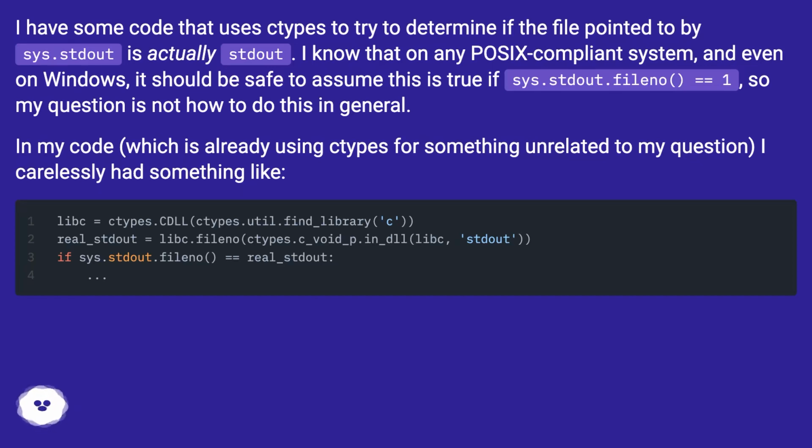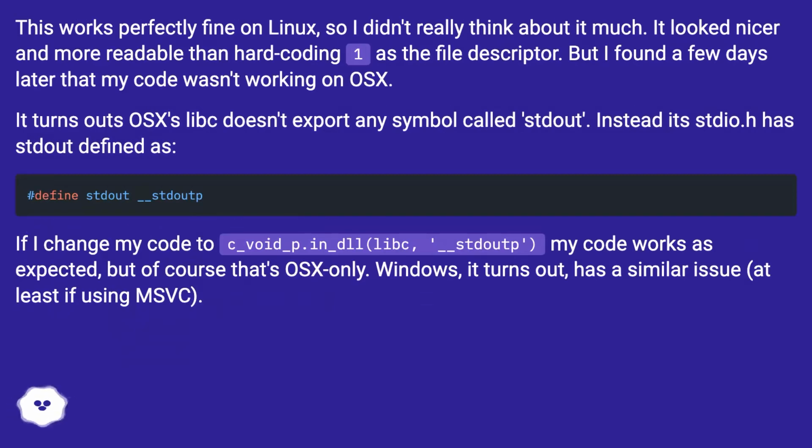So my question is not how to do this in general. In my code, which is already using ctypes for something unrelated to my question, I carelessly had something like this. It works perfectly fine on Linux, so I didn't really think about it much. It looked nicer and more readable than hard-coding one as the file descriptor. But I found a few days later that my code wasn't working on OS X. It turns out OS X's libc doesn't export any symbol called stdout. Instead, its stdio.h has stdout defined as